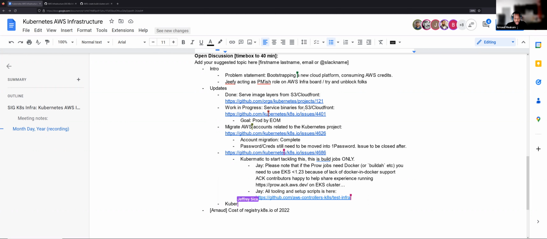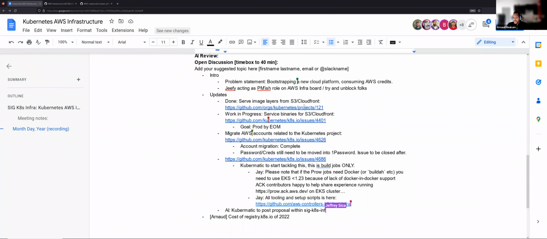There's also another item I would like to bring up. I don't have an issue for this, so I'm gonna say it right away. I've been discussing with a few people. I would like to see federated access on AWS using the existing GitHub organization.